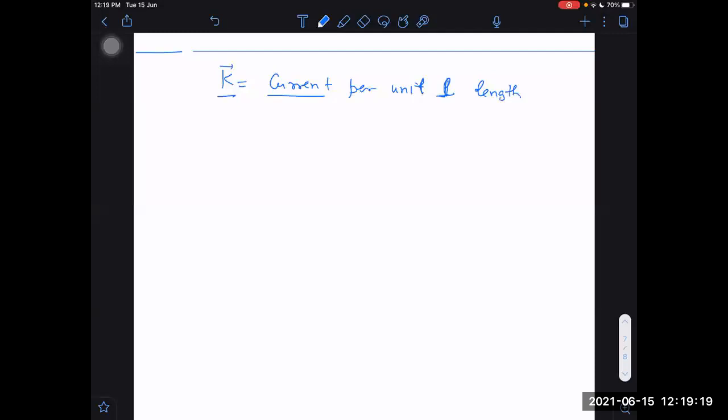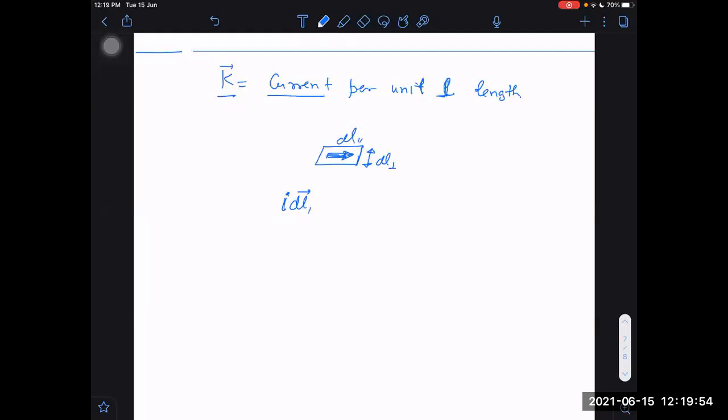So if I have a small current carrying element of length dl, then can I say I dl is the current vector? This dl vector is in the direction of current flow. But the length which I am taking will be perpendicular to that direction. So let us say it is dl parallel and this is dl perpendicular, and this arrow is representing the direction of current. So understand the difference.